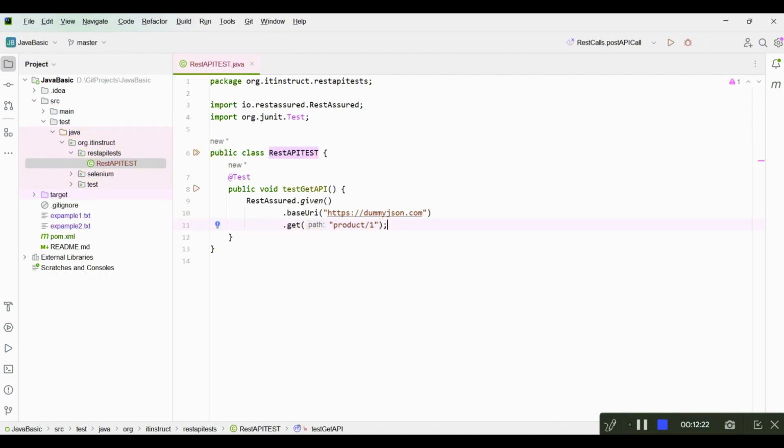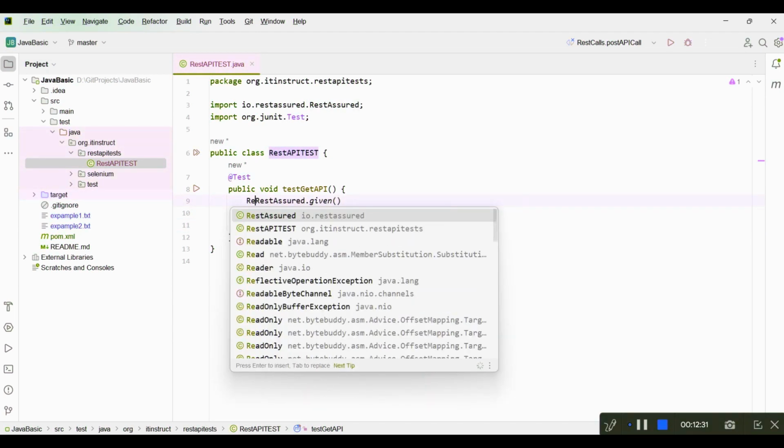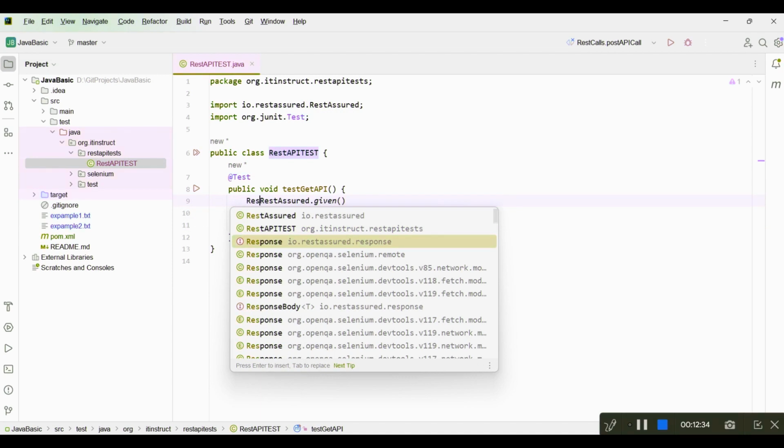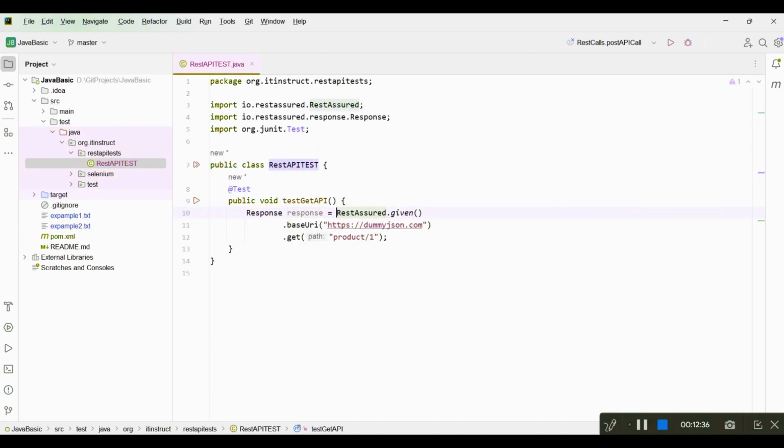So once you do this, the request will get sent to the server, right? And it will return you a response. You can store the response into a response object. Okay, so I'll take this response, and I'll store it into a response key. I'll say this. Okay, so whatever request you have sent to this particular server, it will return the response into this particular object reference, and from there you can get